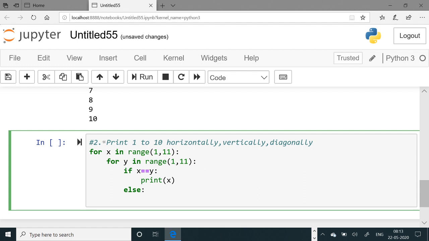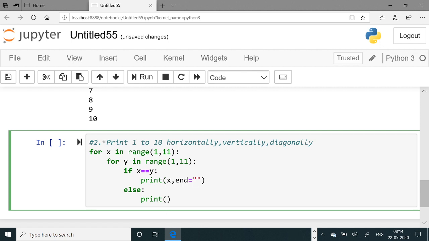For leaving, what do you have to do here? Simply print a space. Now when you are printing it, at that time you have to write end equals to quotes.